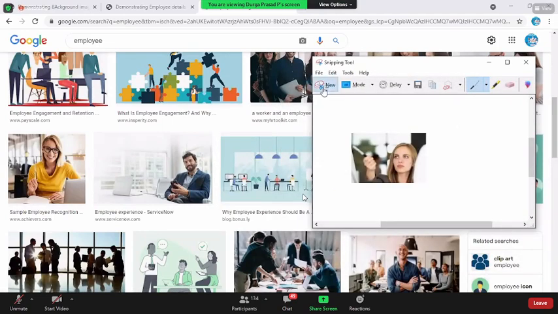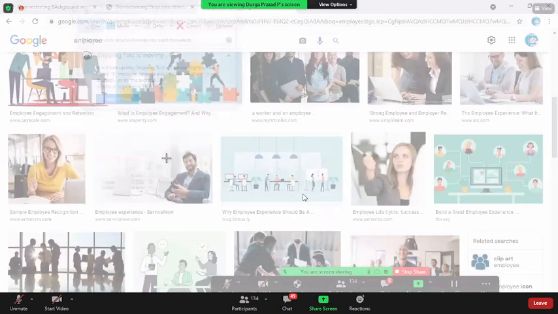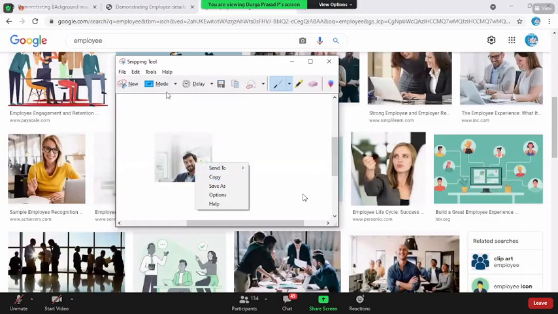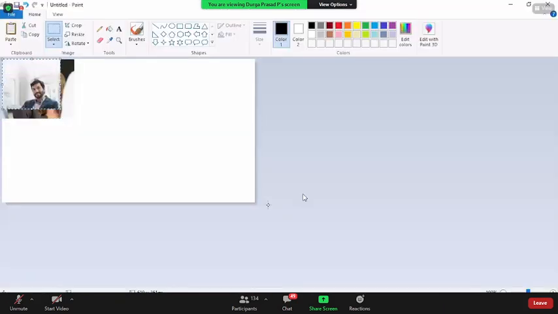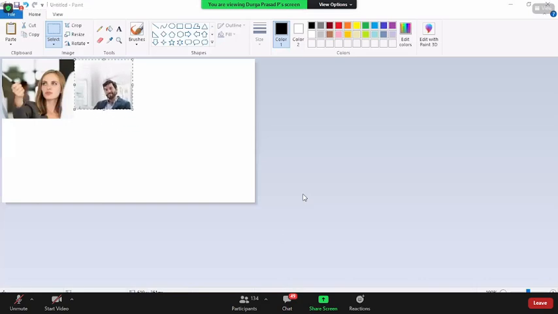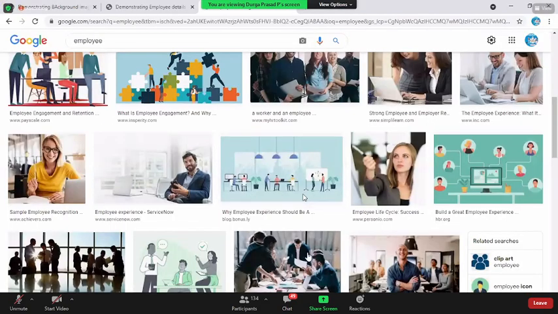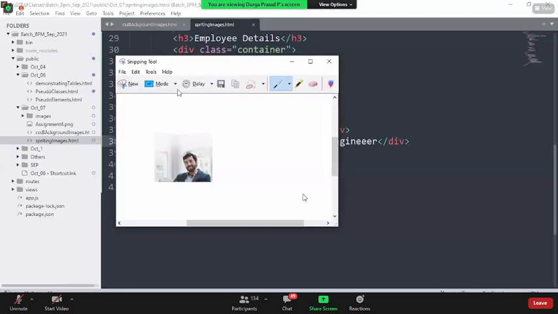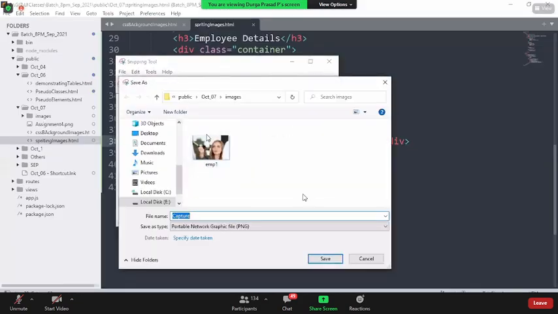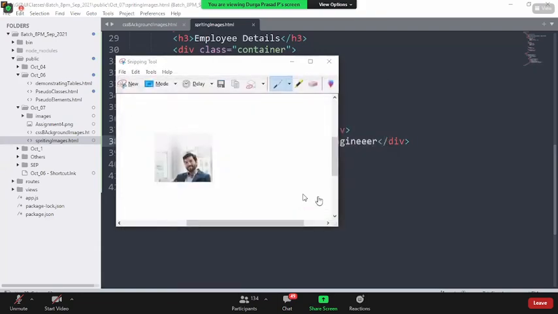Okay, let me go with a new one. I go with another employee, the second one. Copy this, paste this. I'm just copying all the images somewhere else for some other job. And I'm saving this, making it EMP2.